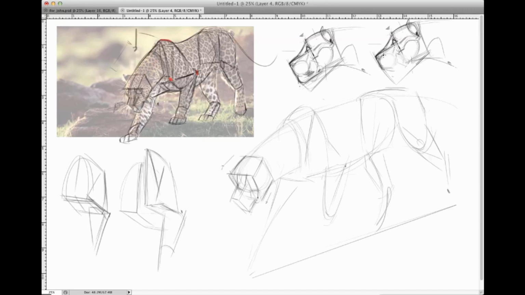Their muzzle will be coming down more. Okay, so it will look slightly longer